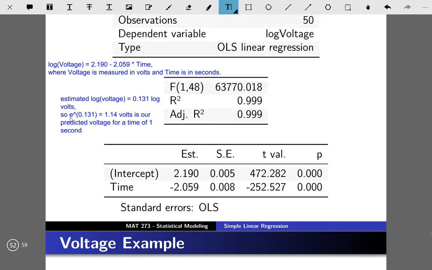And Euler's number here is just a constant number that's about 2.71. So it's the same as taking about 2.71 to the power of 0.131. So using a calculator, we could get that this is about 1.14 volts. Similarly, using the